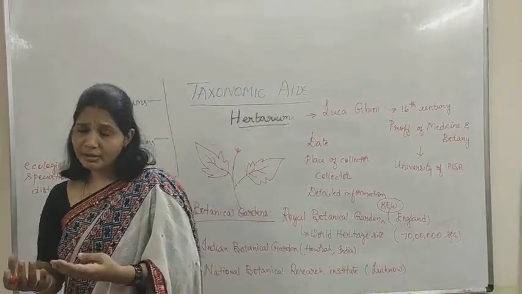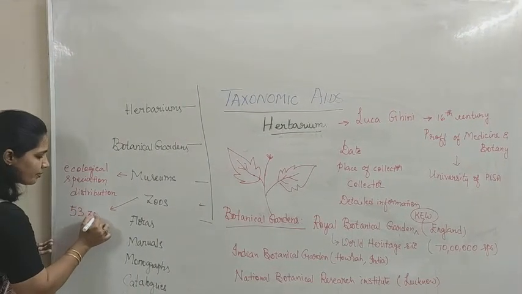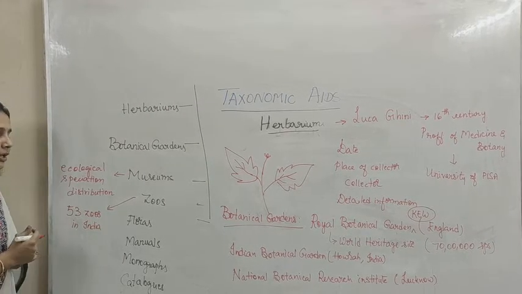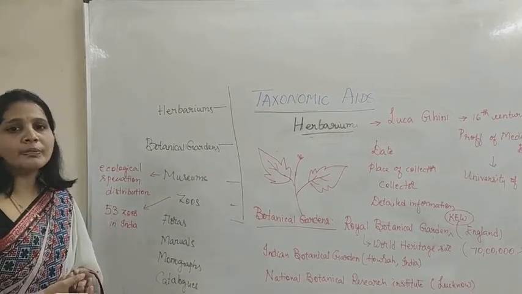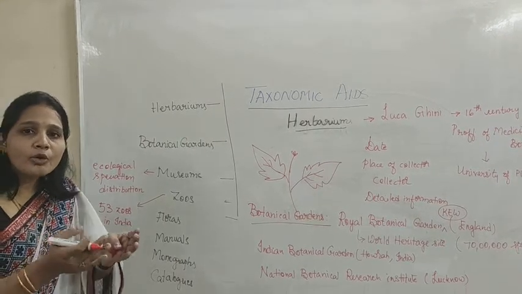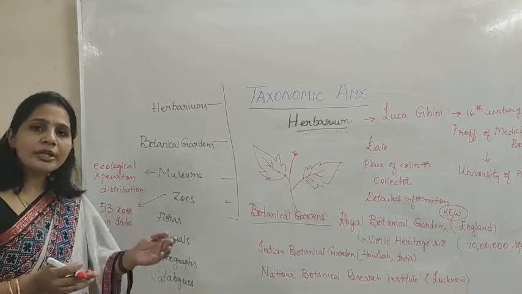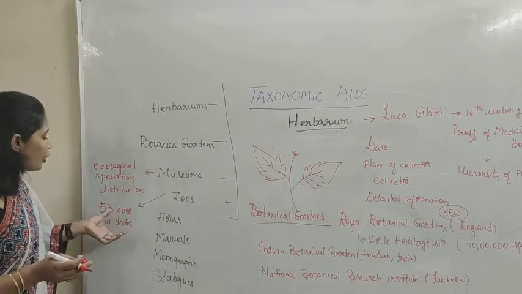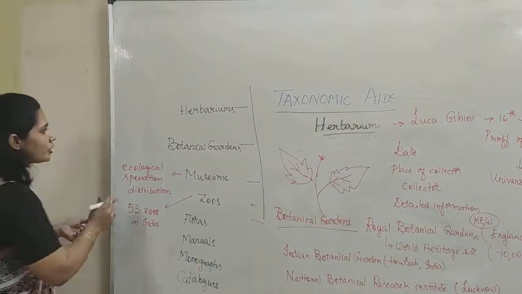So in India there are approximately 53 zoos. Okay, so different zoological parks where the animals are maintained in their natural habitat, and we closely monitor them with their habit and behavior, right? And we allow them to breed naturally in their natural habitats. So many zoological parks, as I mentioned, there are 53 zoos in India, out of which